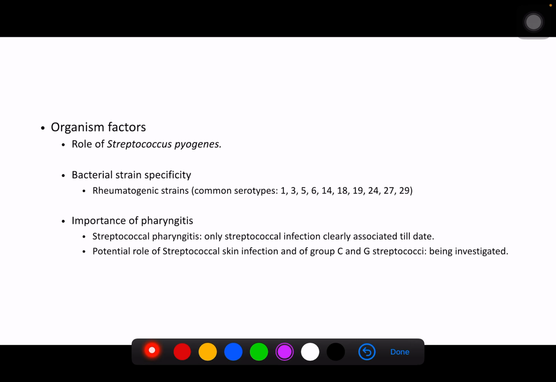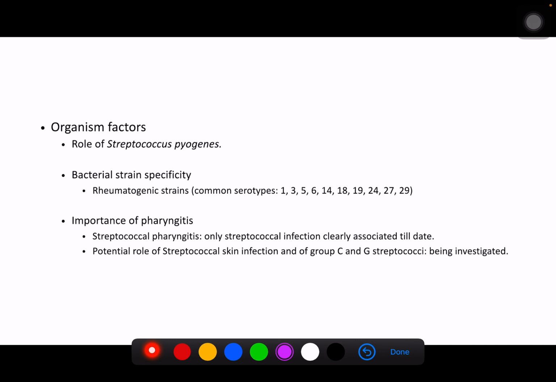The organism responsible is Streptococcus pyogenes. There are certain serotypes like 1, 3, 5, 6, 14, 18, 19, 24, 27, and 29. These are responsible for causing rheumatic heart disease basically. Now remember, Streptococcus pyogenes also leads to pyoderma. So for any patient who presents with a cardiac manifestation of rheumatic heart disease, rule out whether 4 weeks prior to that they had some sort of crust